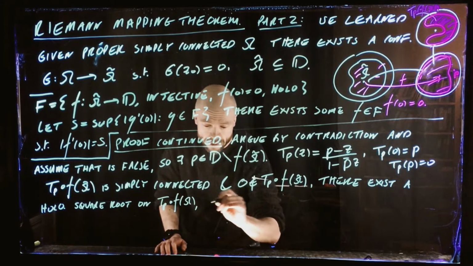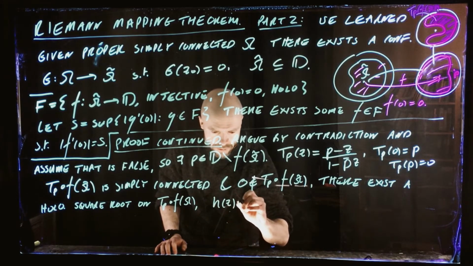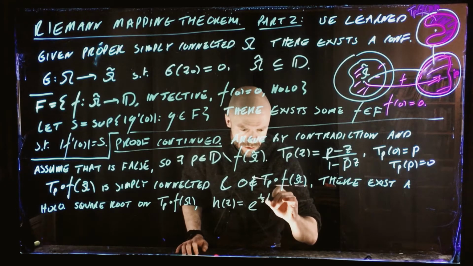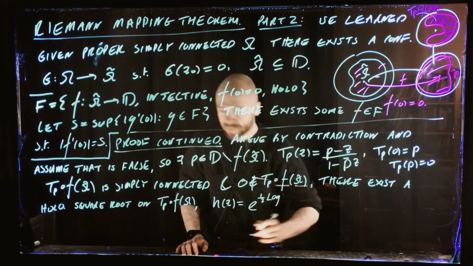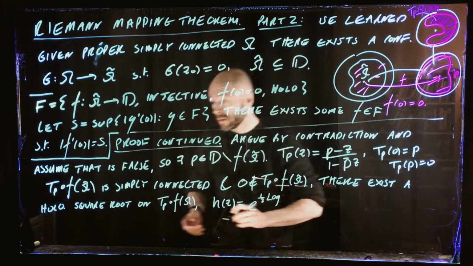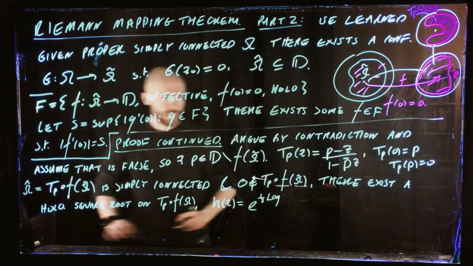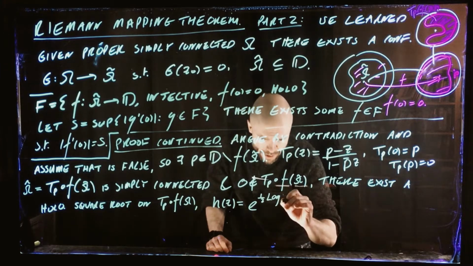So we can define it like this. Let's define it as h of z to be e to the 1 over 2 log, and the log depends on this set. If we want to give this a name, let's call this omega hat. So log of omega hat